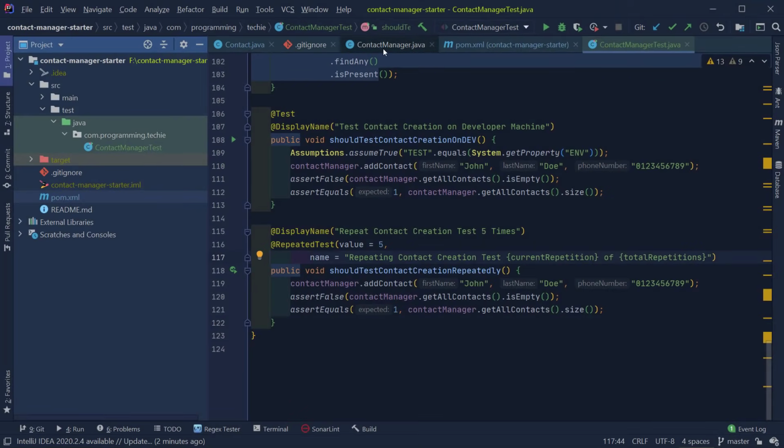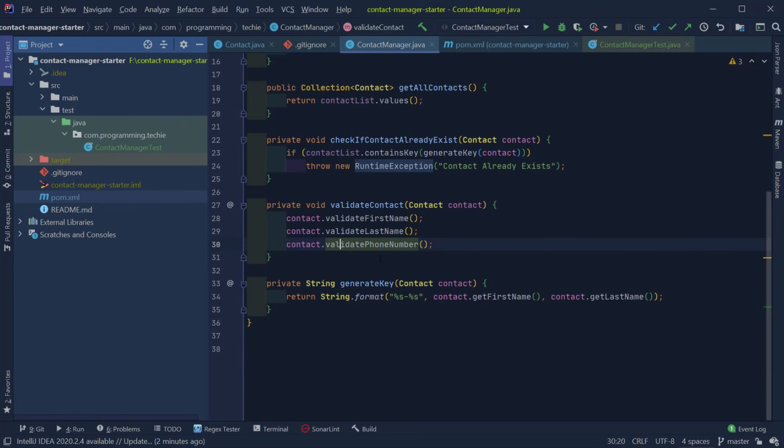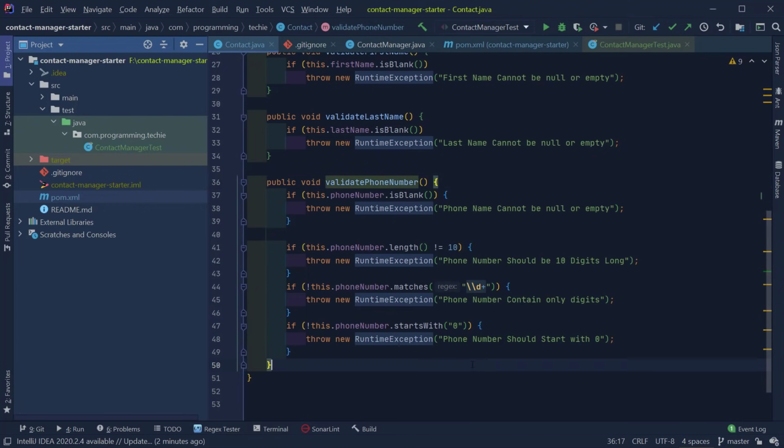In our case, we need only random strings to test the contact creation, and we want to see if the validation for phone number field is working or not by providing different range of inputs. So remember that we are doing some specific validation for the phone number field. First, we are checking if the phone number is not null,